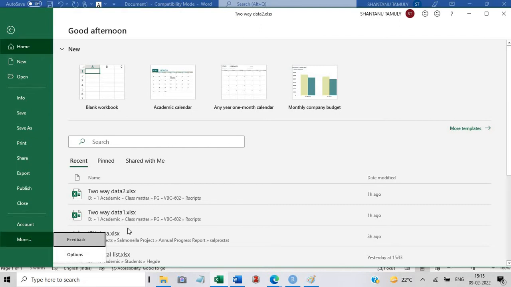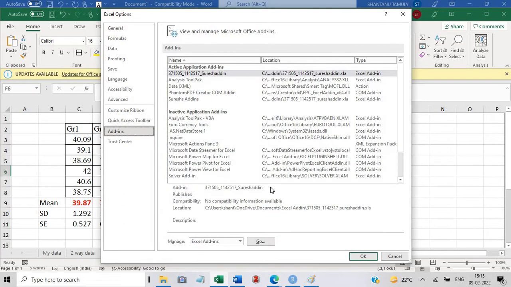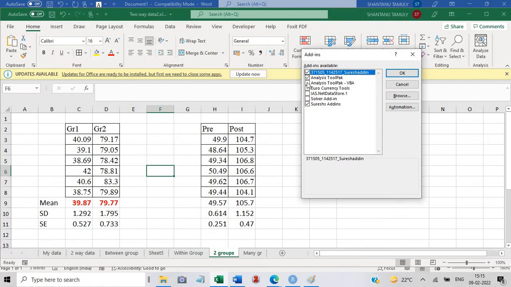It is different with different MS Office versions. In Excel Options, click Add-ins. In the bottom side, go to Manage Excel Add-ins, click Go, and thereafter select the Analysis ToolPak. You have to select this and press OK. In my case, it is already selected.